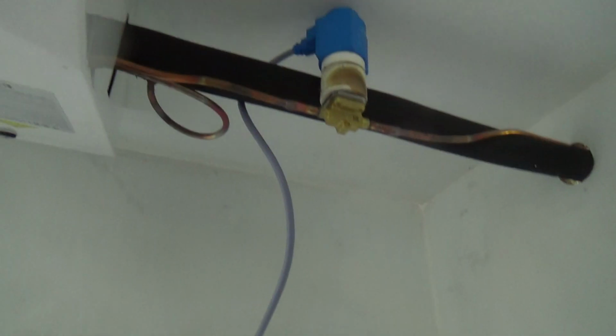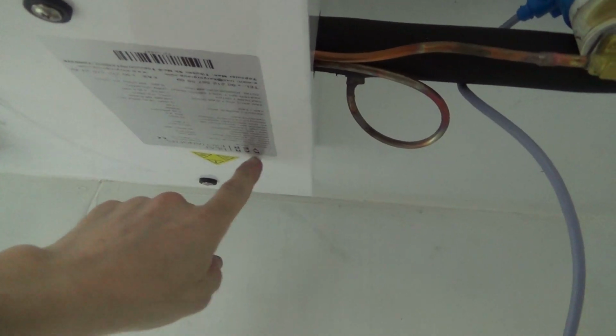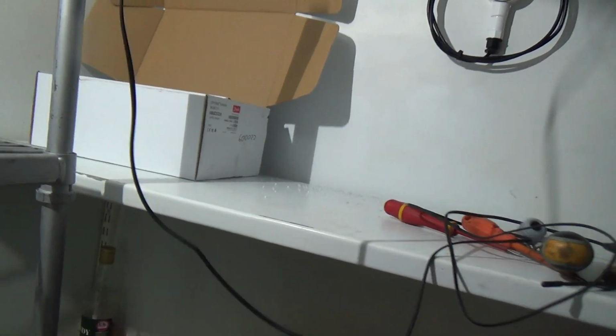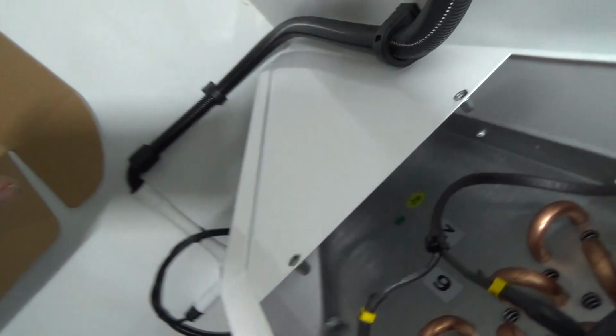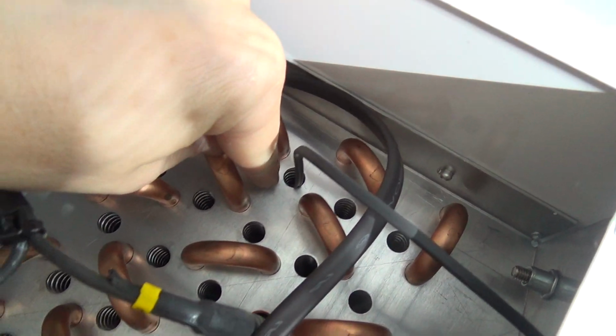Got the solenoid here, equalising line there. We managed to get the expansion valve tucked up in that corner. So I've just got to do the air probe. I've put the coil probe, I've poked up inside the spare hole in the middle, so it's about halfway through the coil. Let's see how that goes. And then